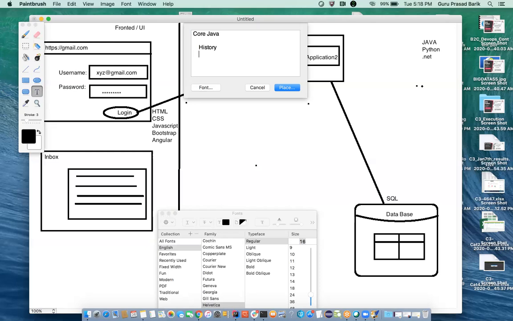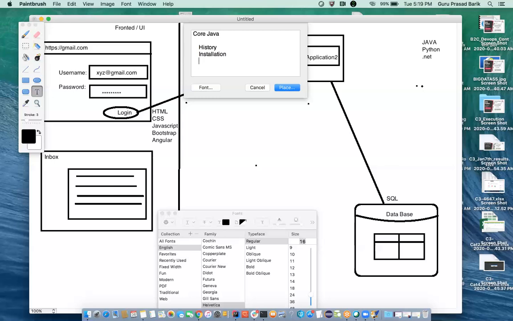Then installation, Java software installation. Why are we covering this installation part? Because whenever you join any industry as a Java developer, they will ask you to install the Java software in their system. Most people fail here, and your first impression goes wrong. If you are a Java developer and you don't know how to install Java software, then what is the use of learning Java? So we'll give more preference to installation.